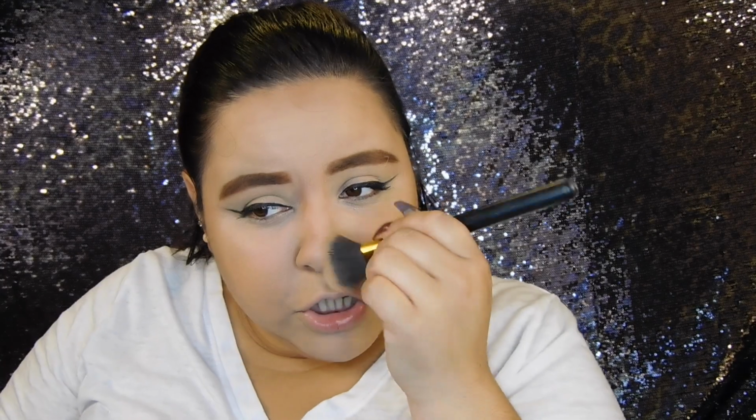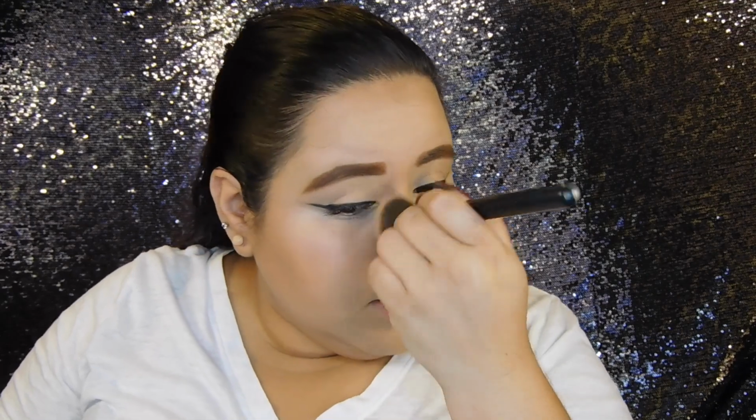First I go up and down. And then I go in circular motions. And then all together in the middle. And that really helps to blend it out. And since doing this does move the foundation and the concealer around, I tend to put the most foundation and